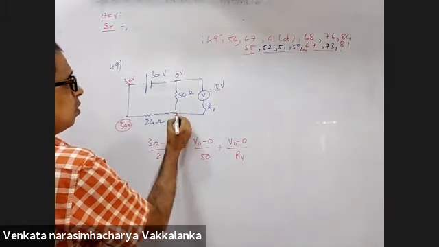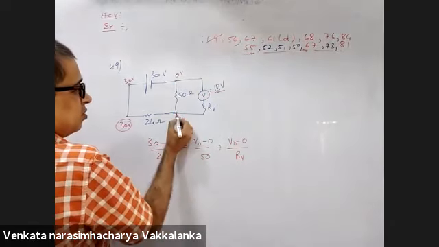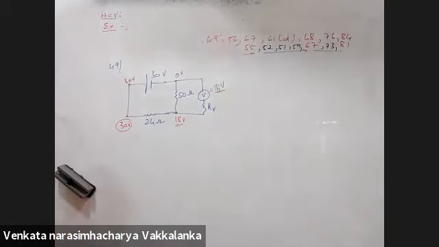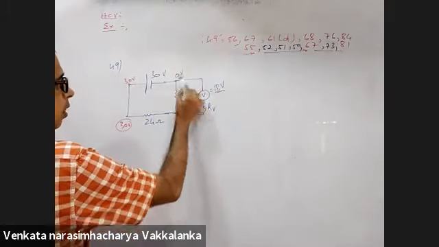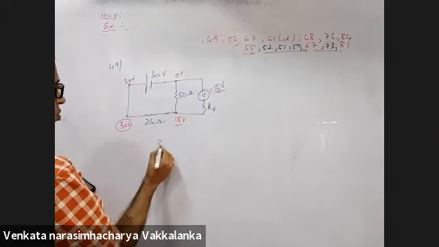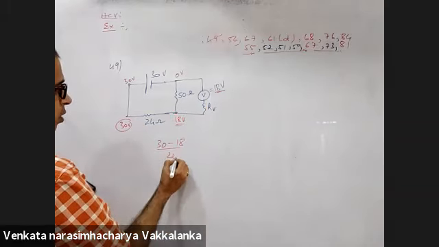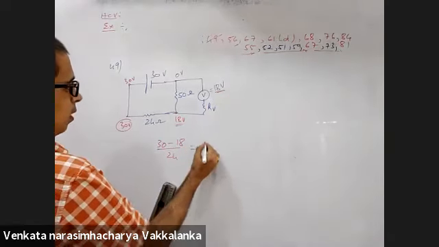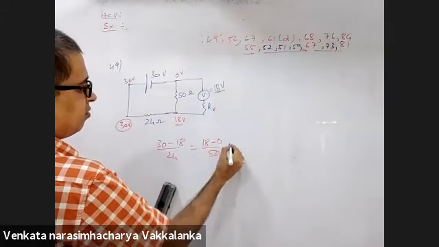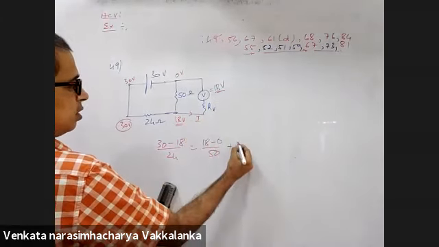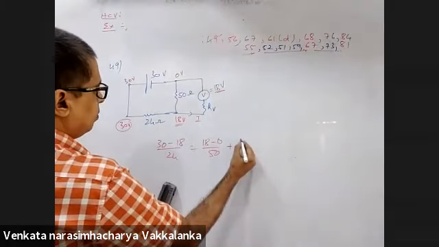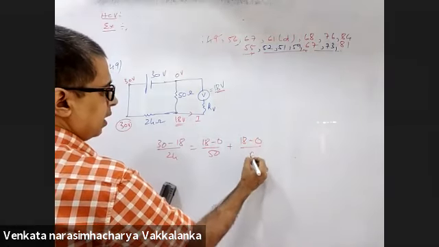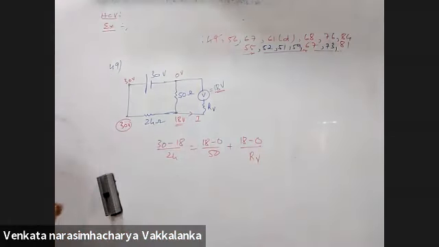Now there's no need to solve. You told me the potential difference across this is 18 volts. So this is 18 volts, and the direct answer will come. Incoming current is (30 minus 18) by 24, equal to (18 minus 0) by 50 plus the current in this particular branch. How much will that be? (18 minus 0) by RV. RV is what they are asking.